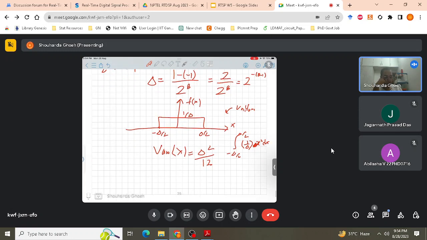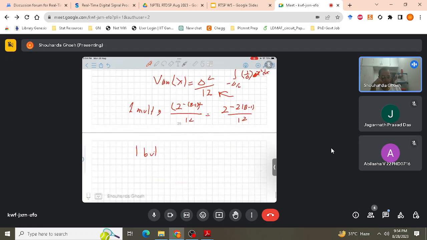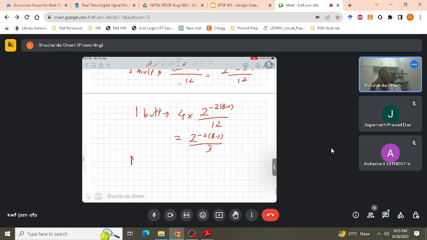The variance will come out to be del square by 12. So 1 multiplier contributes, del is 2 to the power minus b minus 1, whole square by 12. So that's 2 to the power minus 2 b minus 1 by 12, and 1 butterfly has 4 multipliers, so 4 times 2 to the power minus 2 b minus 1 upon 12, that's 2 to the power minus 2 b minus 1 upon 3, and there are n stages, so for n of them,